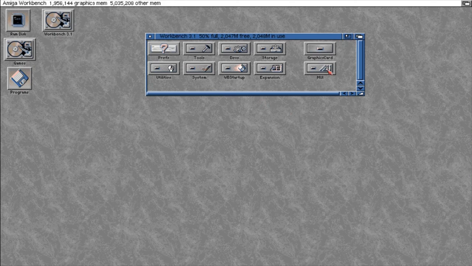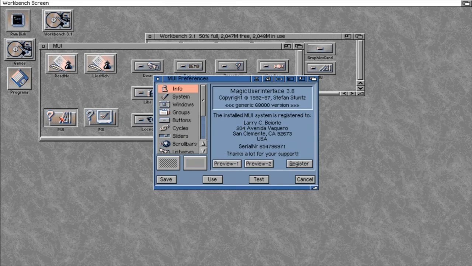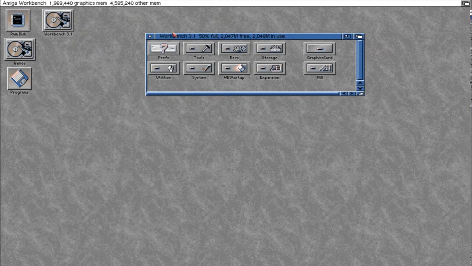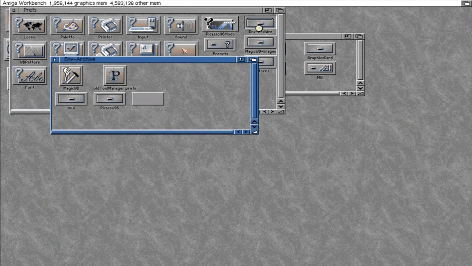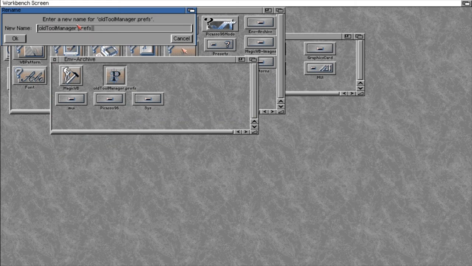And we can check that by going to MultiView and double click on MultiView, and what we should see, this is our old preferences that was set. So if I jump into preferences and go back to the Env-Archive, and I'm just going to reset this one now. So I'm going to rename this one icon rename. So on our next reboot, what we should have is that our tool manager should come back,